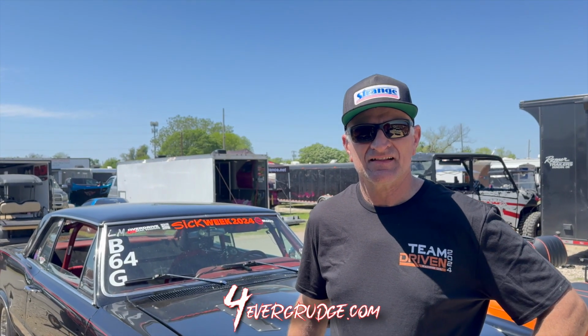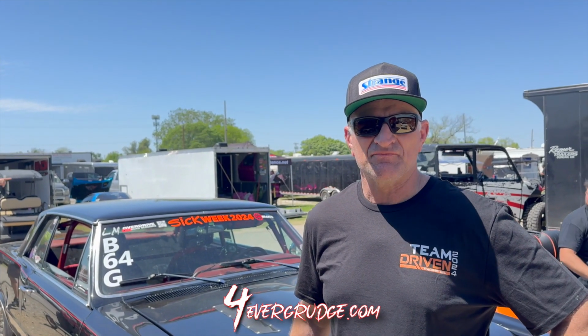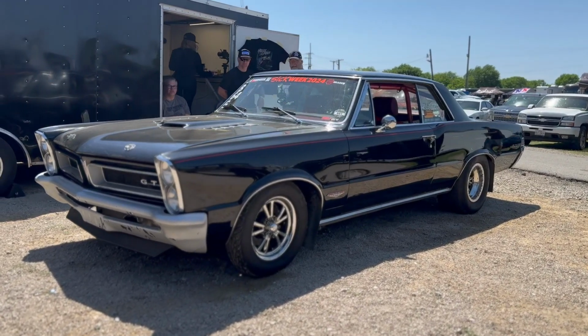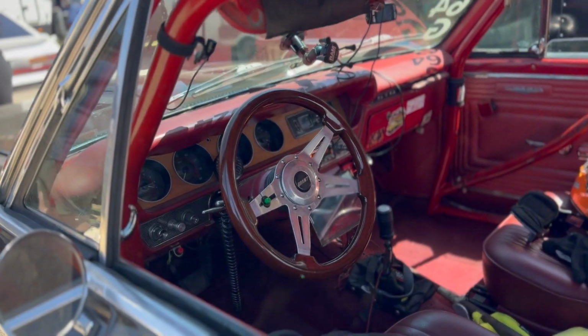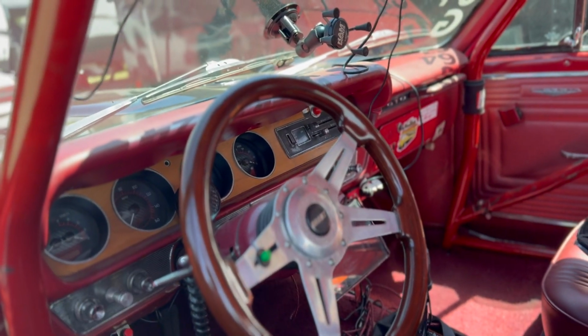Well, first off, tell me a little bit about the ride. I know it's our first time meeting. I want to know a little bit about the car, man. Where you from? Well, we know where you from, but just a little bit about the car. So I restored it about 20 years ago. It's been through quite a few different combinations. It had a tri-power. It's always been a stick car. But the latest combination is a 521 cubic inch Pontiac with a 94 millimeter turbo. At 17 pounds of boost, it makes about 1,500 horsepower to the tire. And then it's got a 6-speed manual,